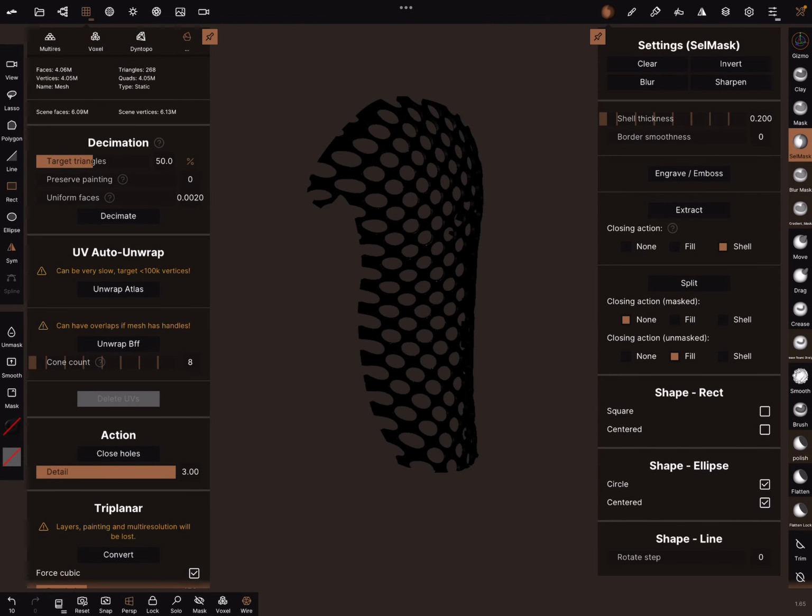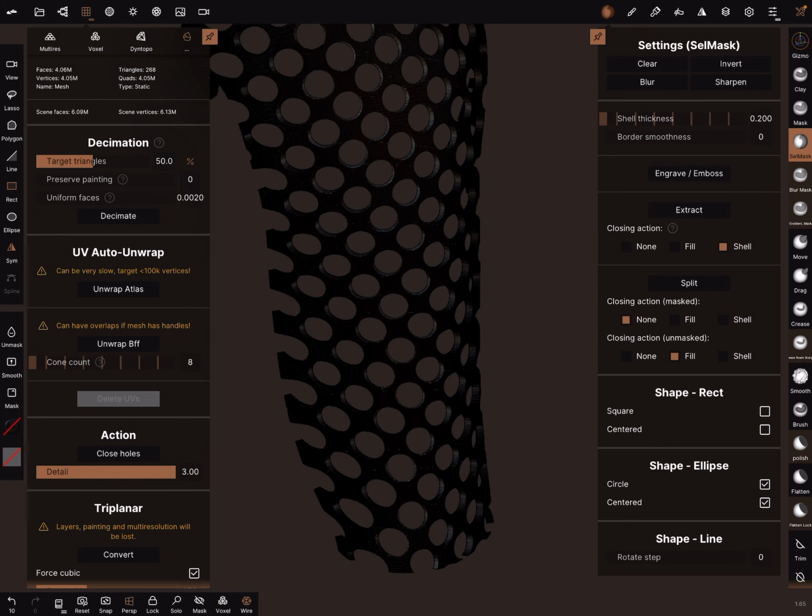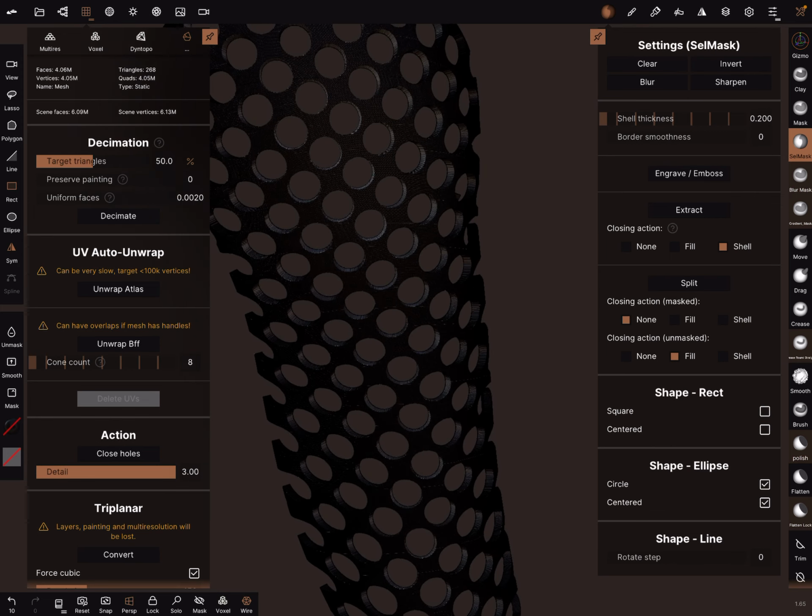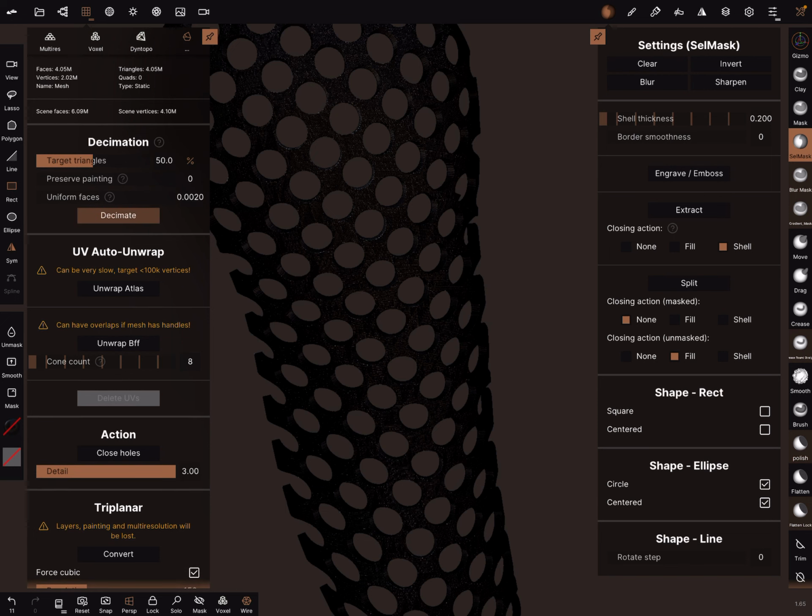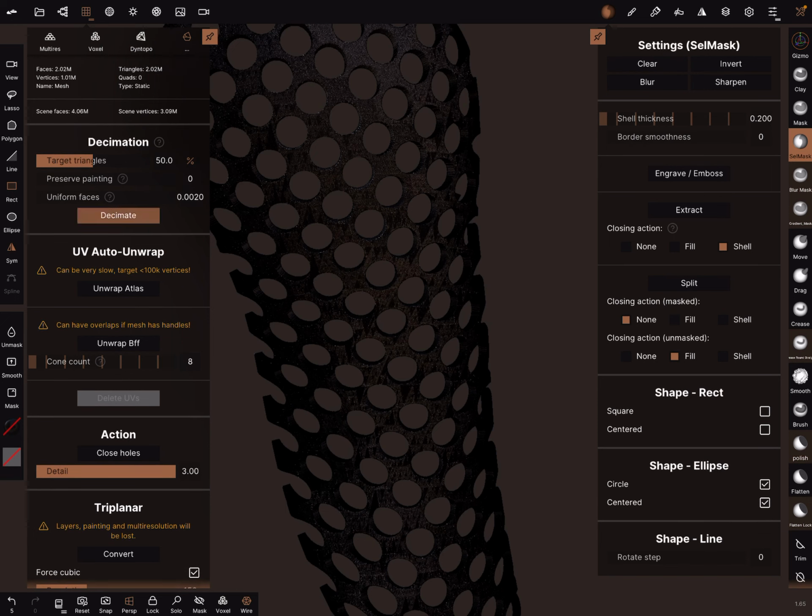Extract it. And now you can use the decimation one time. And now it goes faster.